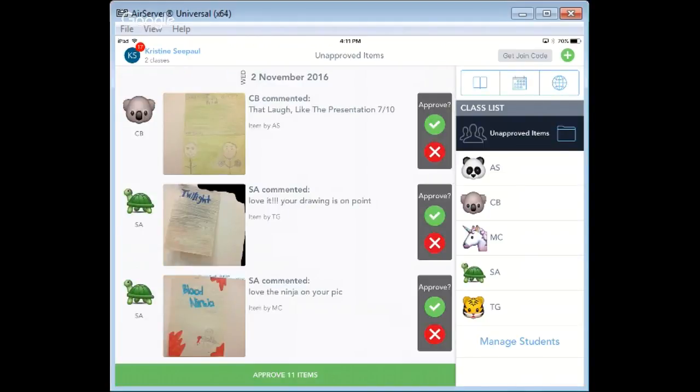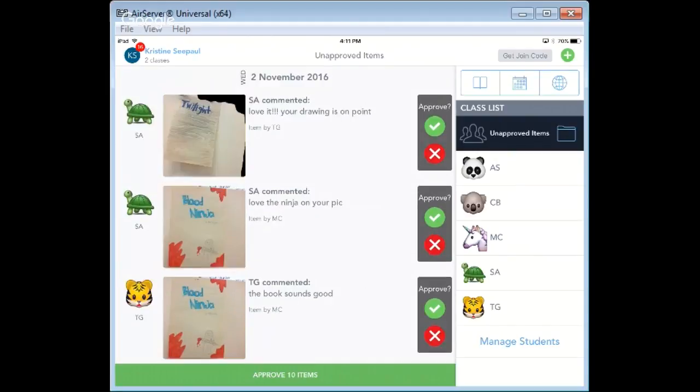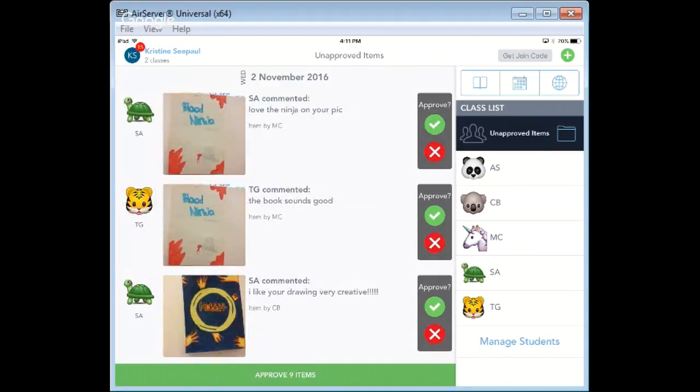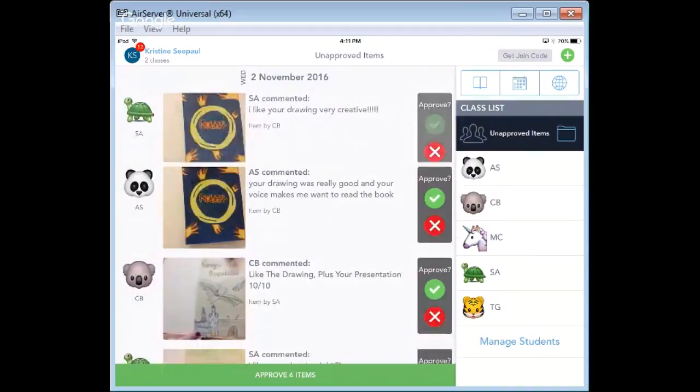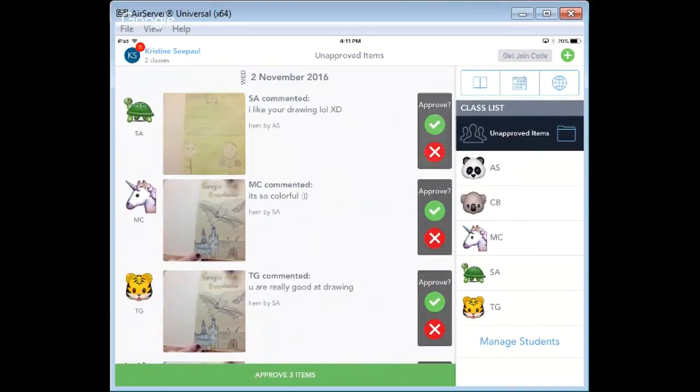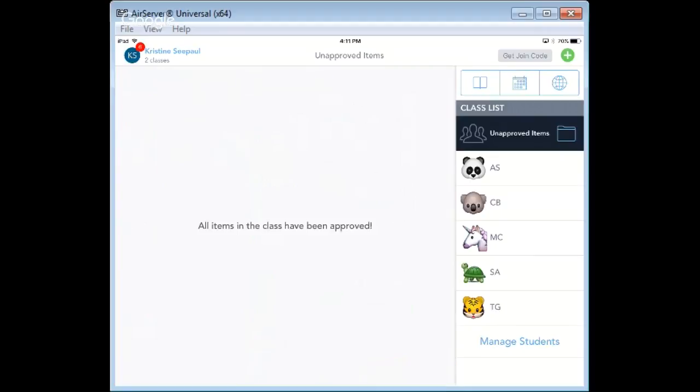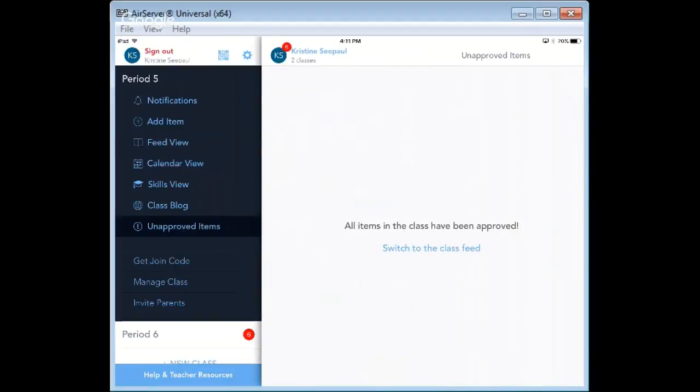So when I look at this, I'm approving these comments because what I like to do is I have students post their work, and then I have a requirement for them to go post a comment on somebody else's work that's constructive or positive. And the kids, like I said, they get excited when they get comments, and they get excited when they get likes because that's exactly how their brains are already wired. So I am going to approve some of these comments here. And then I will show you the actual posts here in a second. Okay, so I've approved all those, they're fine.